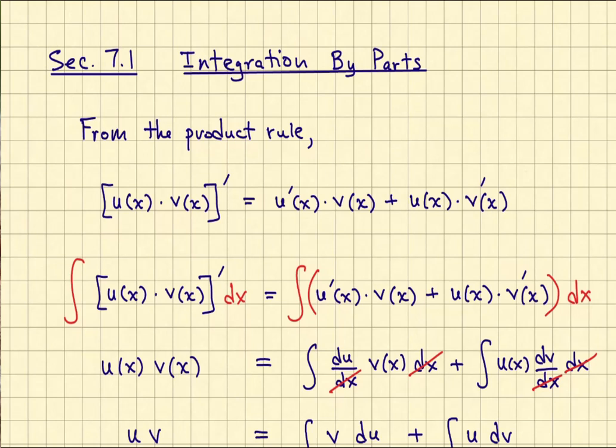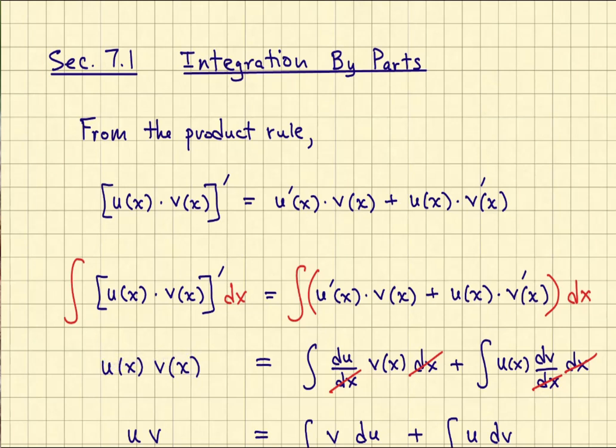So to show where integration by parts comes from, let's first look at the product rule. Suppose we have two functions, u of x and v of x, and we're looking at their product, and we want to take the derivative of that product. Well, by the product rule, we get the derivative of the first times the second, plus the first times the derivative of the second. If we take this line and anti-differentiate both sides with respect to x, then this side, we would just get the antiderivative of this quantity prime, which is just going to give us u of x